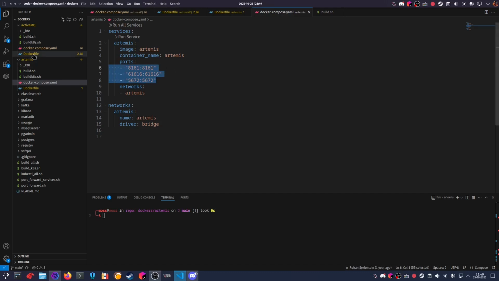You'll notice that in the state the repository is in right now, the ports and the mappings for Artemis and ActiveMQ are the same, because those two pieces of software use the same ports. But just for the demonstration here, I've modified the host port,